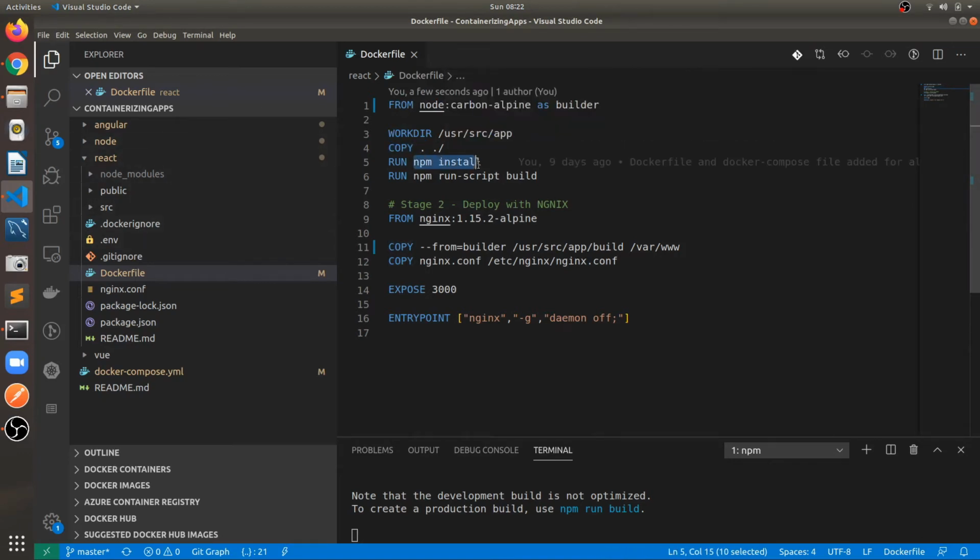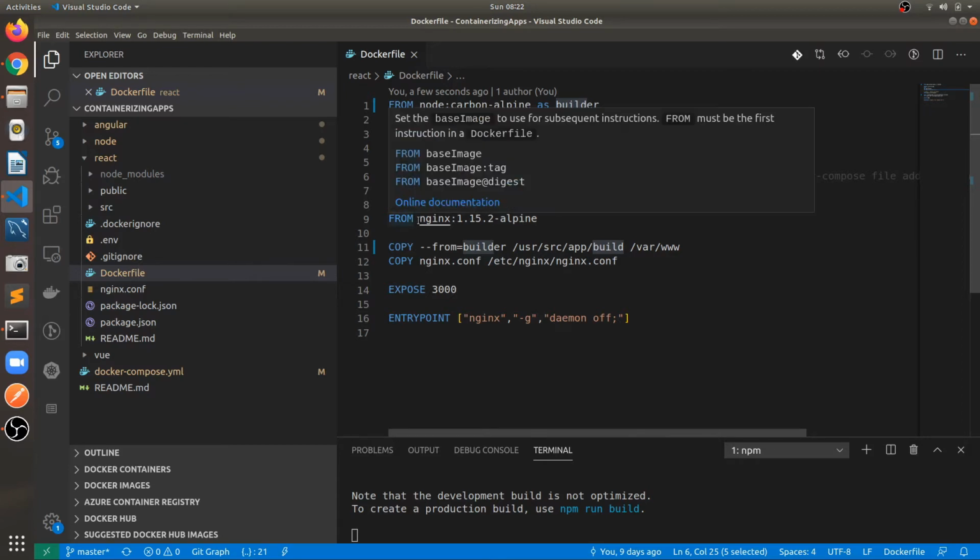Again we are running npm install, and for the production build we are running the npm run build script. It will create a production build here. In the second stage, we are again getting an nginx Alpine image. Here we are using nginx as the proxy server.